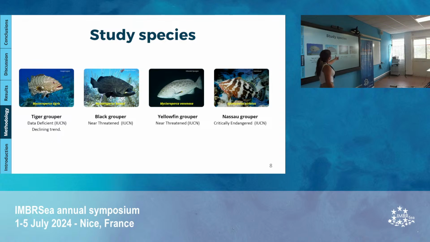These species are protogynous hermaphrodites, which means that they are born as females and then become male. And usually females mature at the age between 2 or 5 years, it depends on the species, and then after 10 or 15 years, they start completing their transition to male. So we are talking about long-lived species.